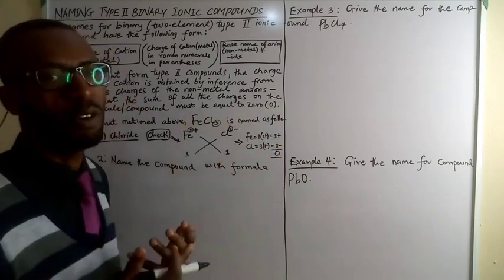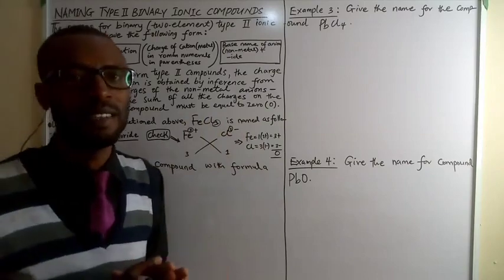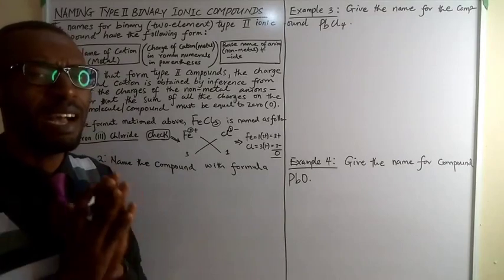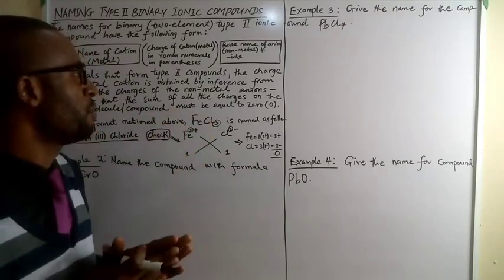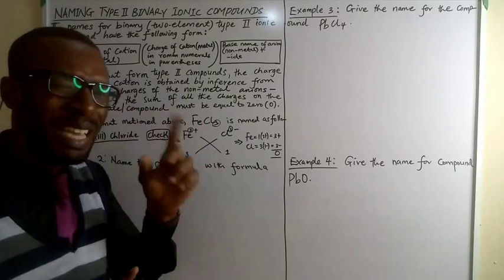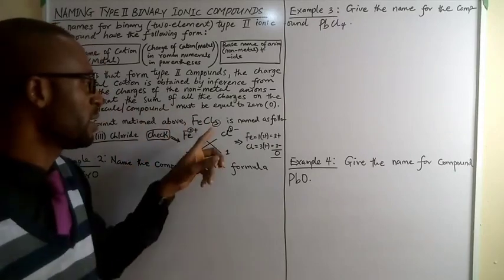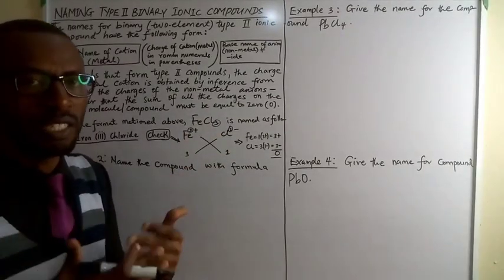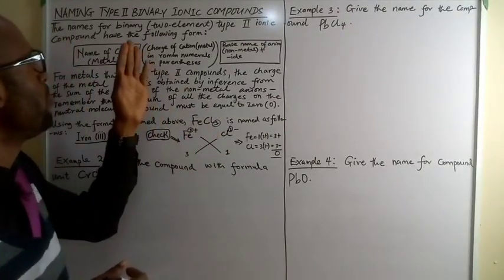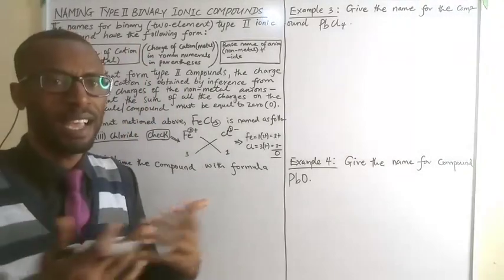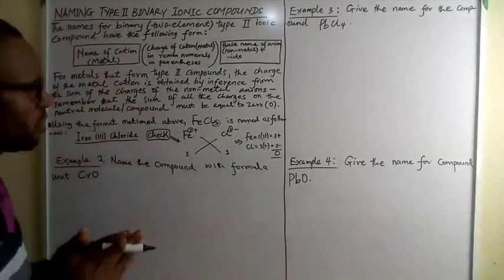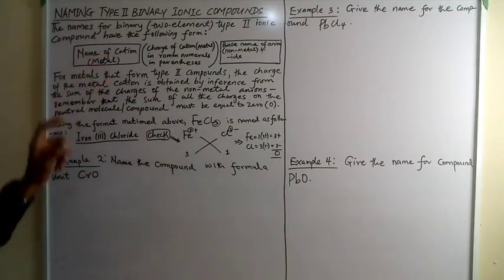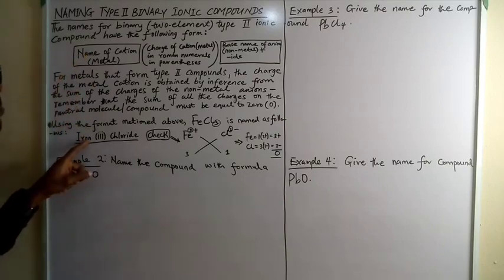That gives us the overall charge of the neutral compound, since the charge of the cation and the anion must cancel out. So that is how you can infer the charge of the iron by paying attention to the sum of the charges of the anion, or just the subscript of the non-metal to which the transition metal in type 2 binary ionic compounds is bonded. This is beautiful. Since we have done that, you can agree with me now that following this pattern, the name of the metal or the cation is iron.